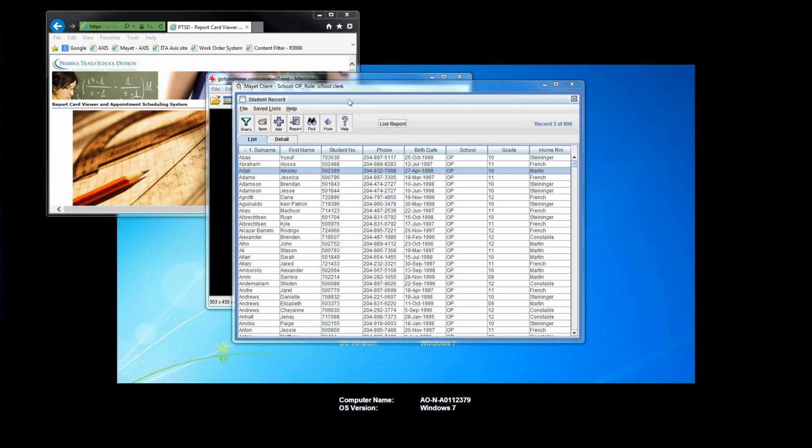Okay, so we're going to start with the Mayette section here. I've got a student here. You can do like you normally do. You can sort by grade or by homeroom, however you want to print them out. I have just one student here that I'm going to use as my test, and I'm just going